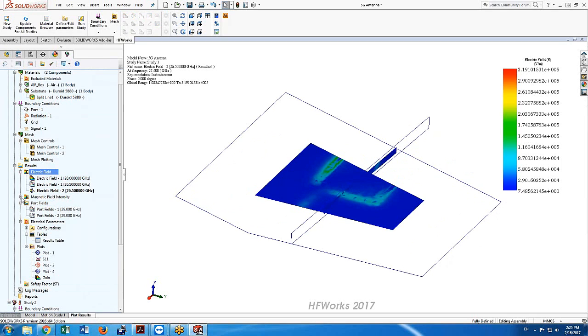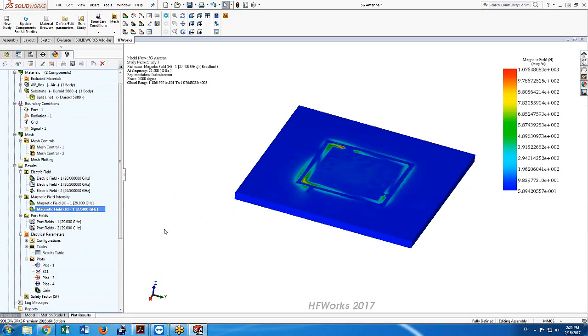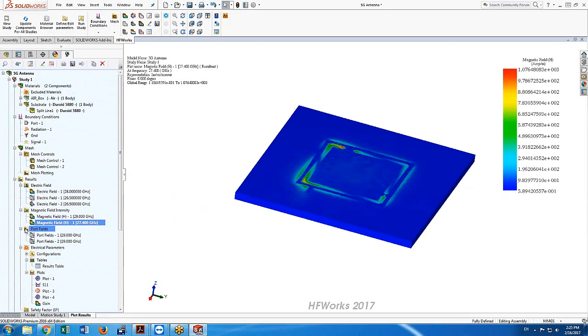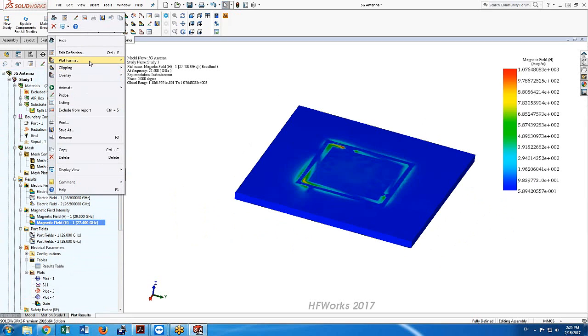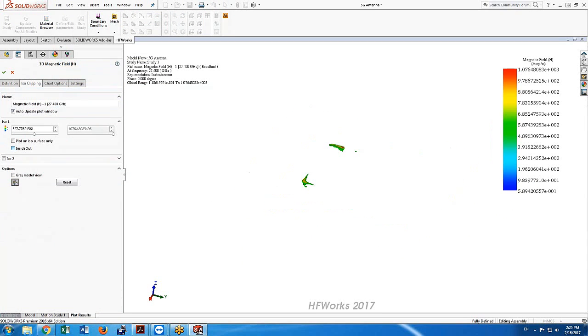Okay. Another feature is, this time I do it in the magnetic field. I can do a 3D fringe plot, and this time I could now do what is called the clipping, and now this is iso clipping. The iso clipping allows me to zoom in on the high field. If I want to look where my high field is and how much is that value,